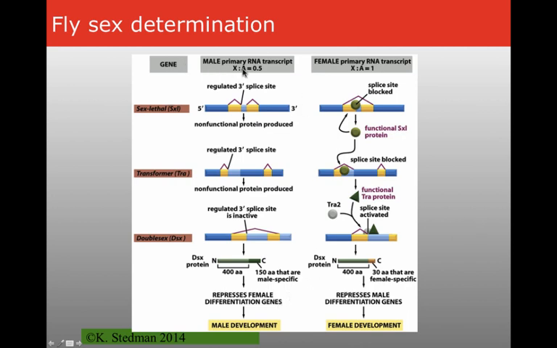And so what happens in the fruit fly, your X to autosome ratio is 0.5 in the male. In the female, it's 1, all dependent on the presence of this sex lethal protein. Sex lethal is a splicing regulator. So what sex lethal does is it blocks the splice acceptor site for one of the introns in both its own gene, so it serves as a positive feedback loop, but more importantly, in this transformer gene.